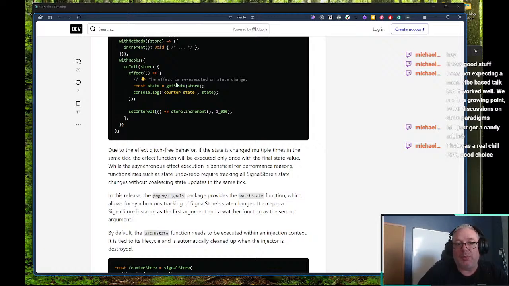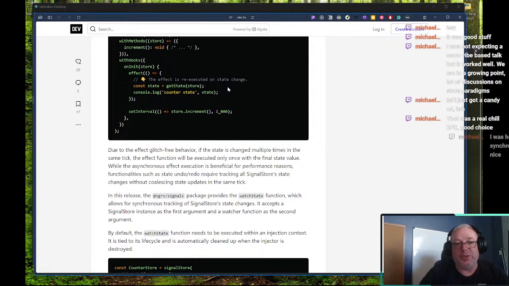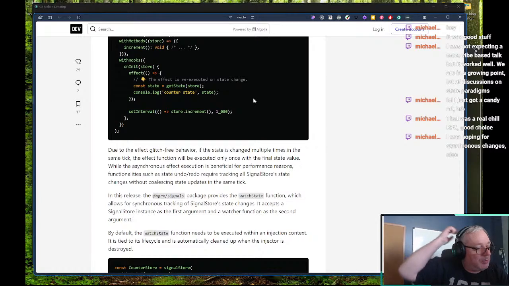So your state would update with every update that happens, but the signal would only emit once. The effect would only emit once for all of those changes. And so it makes it really hard to do deltas in that way, especially if a whole bunch of changes come in. It's maybe unlikely in a change detection scenario, but